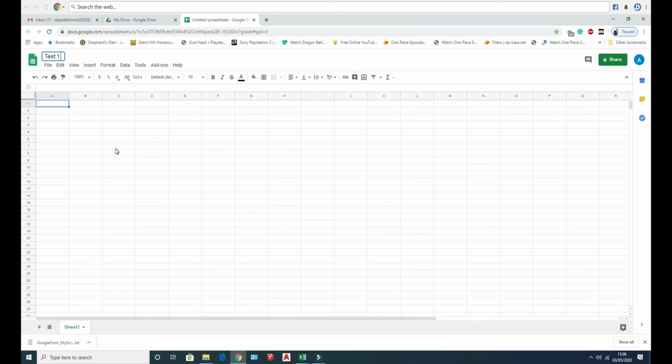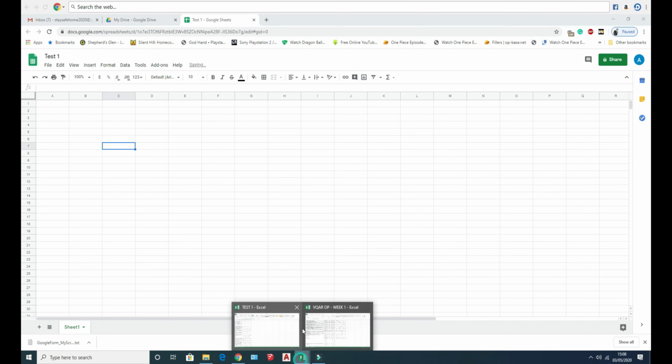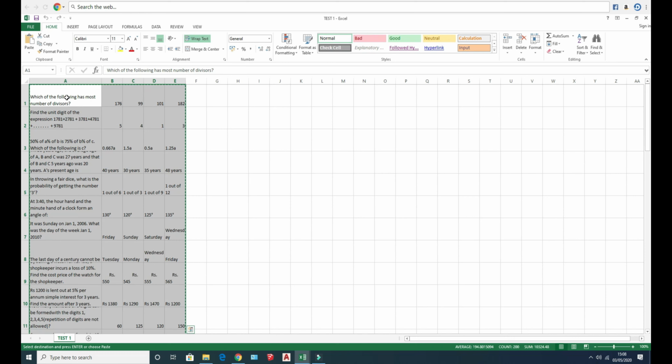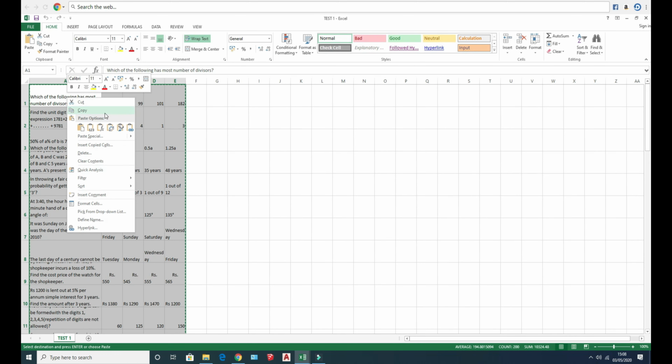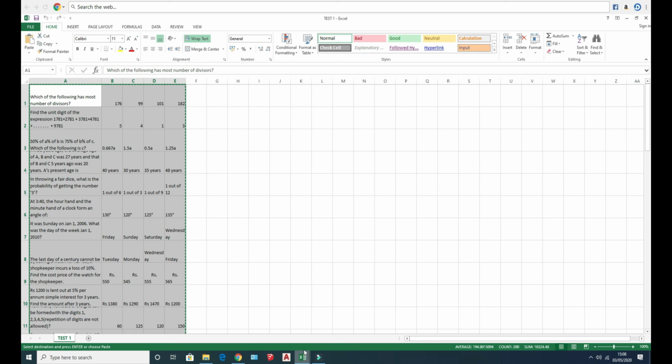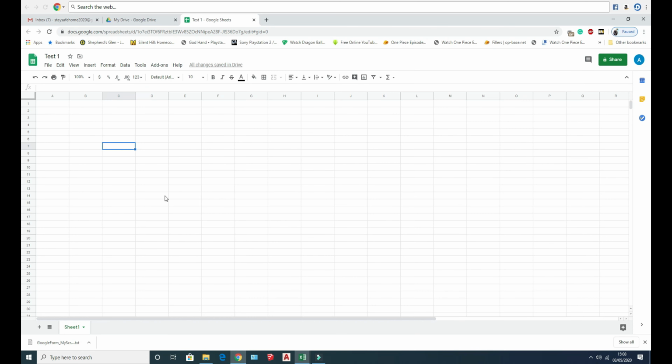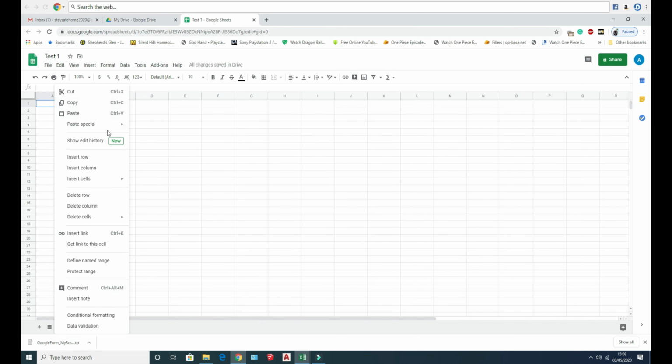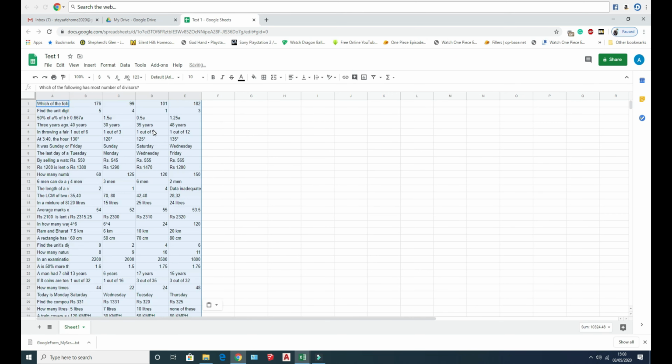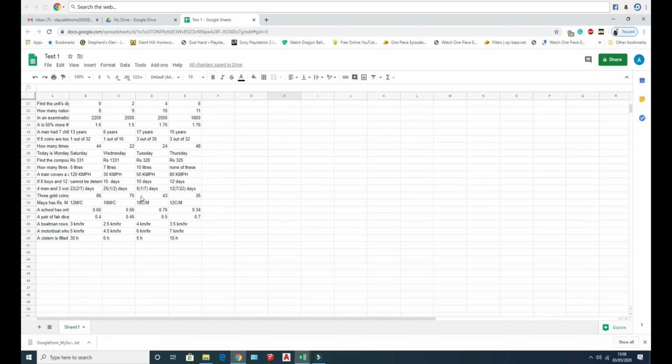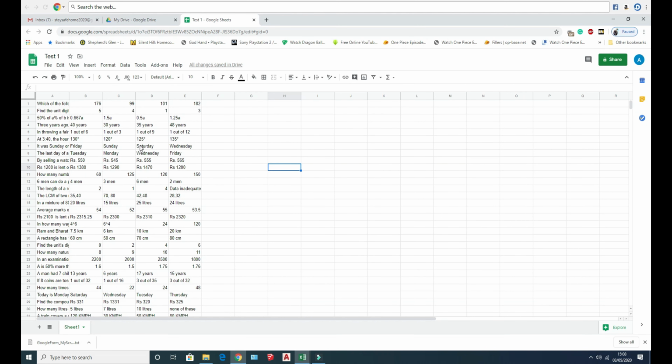Now I am going to copy the contents which I have created in this format, by using paste values only. Column A will have the questions, B will have the correct options, and C, D and E will be the other options for the questions. Now the script integration has to be done. It is available in Tools, Script editor.